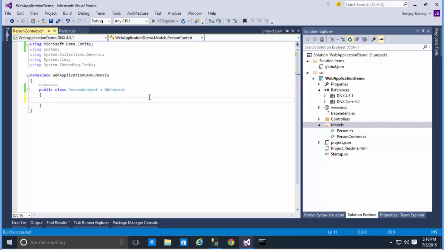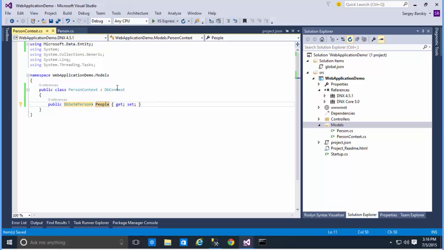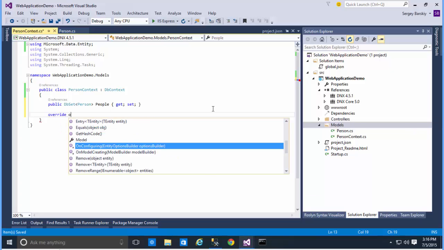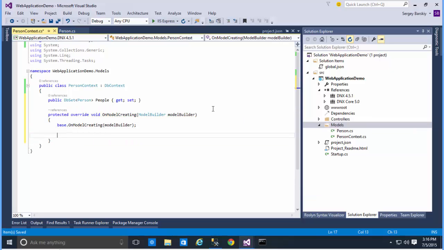Let's make sure we can build. Still good. Now we're going to add a property here. This is going to be of type DbSet of Person, and we're going to just call it People. So this is our table abstraction inside DbContext, which is our database abstraction. Now we need to do some configuration. And if we type override, we're going to get the OnModelCreating method. We're going to override it, and first of all we're going to create